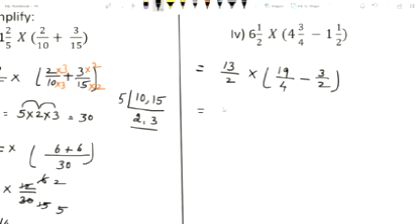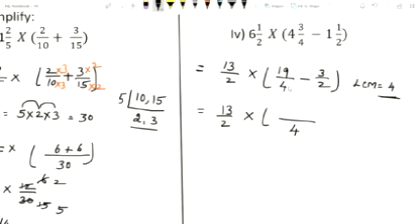First we need to simplify the bracket. 13 by 2 into, see the denominator, here the denominators are different. So in this case what do you want to do, children? We have to take LCM. See here, 2 is a factor of 4. Here one denominator is a factor of the other denominator. In this case, whichever is the greatest, you choose it as LCM. So here LCM equals 4.